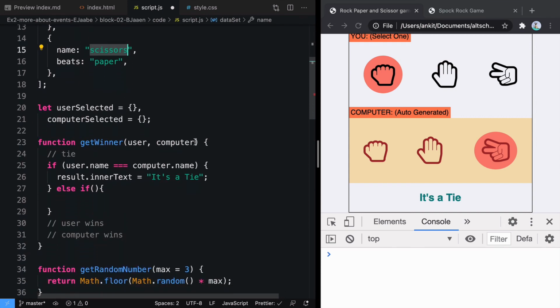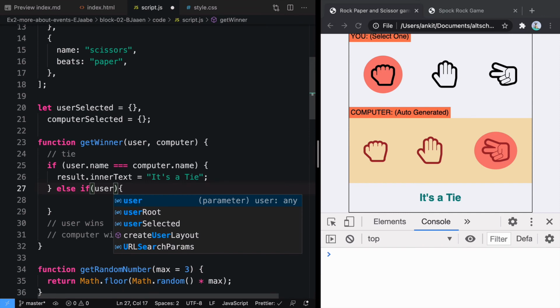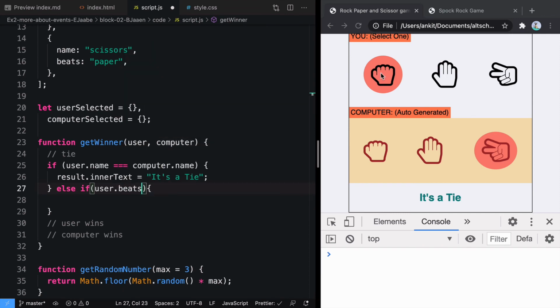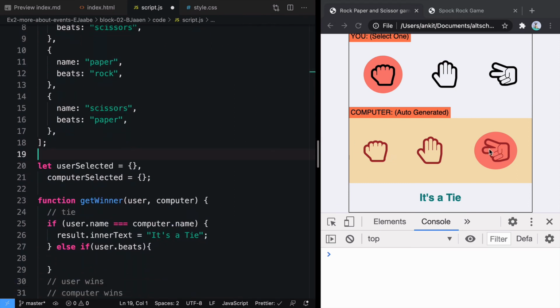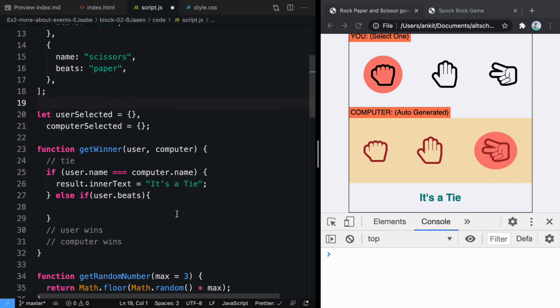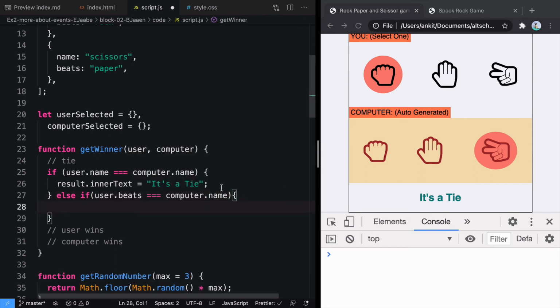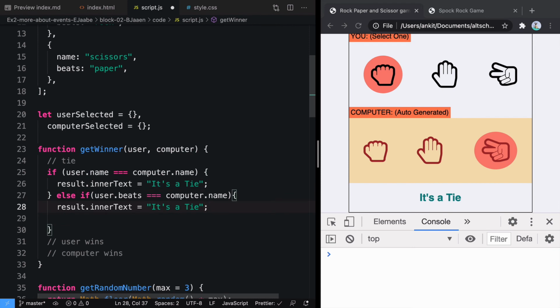So how we are going to implement that is we'll say user dot beats, user selected is rock, which has a property beats is scissors, that is equivalent to scissor name, then in that case user wins. So we'll say if that is equal to computer dot name,